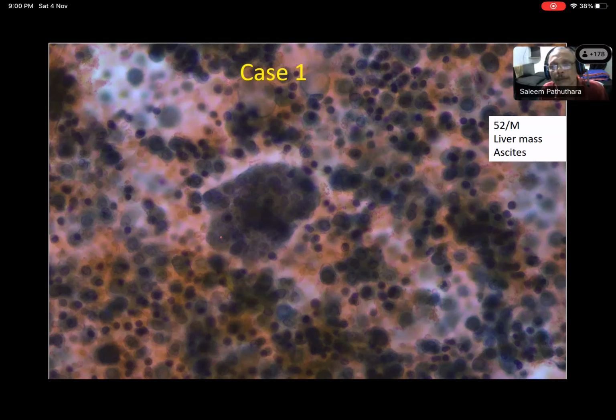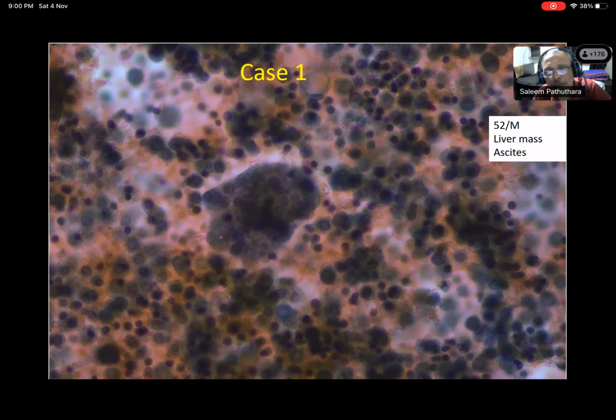Okay, now you describe. This is a highly cellular smear in which I can appreciate a single population of reactive mesothelial cells. The cell morphology appears smudged out, not crisp. The cells are in clusters and singly scattered against a background containing lymphocytes, scattered mesothelial cells, and RBCs. Are you sure it is a single layer or multilayer smear? Multiple layers. You can see these RBCs are at a different plane and the WBCs at a different plane. It's quite cellular, too many cells, too many things, and we don't know where to concentrate.